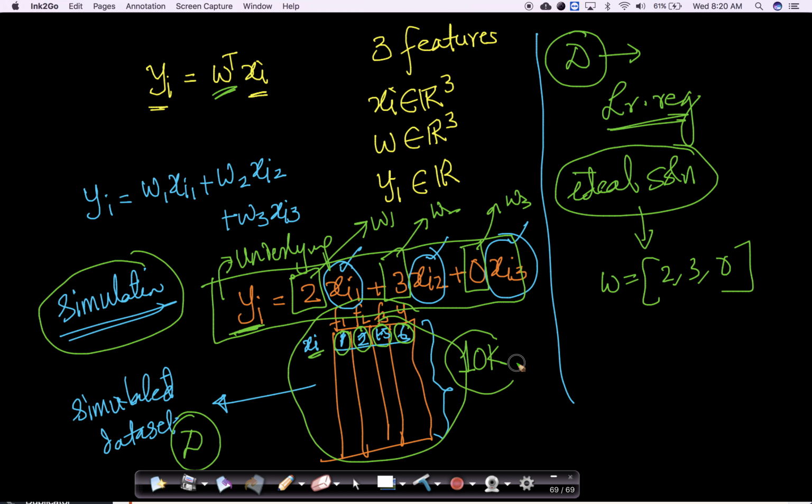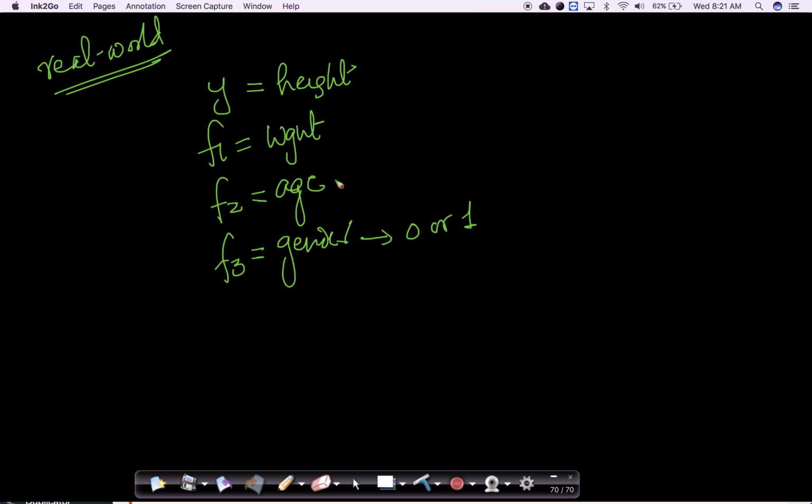Imagine my y is the heights of people, and my feature 1, let's say, is their weight. Let's assume feature 2 is their age, and feature 3 is their gender. Imagine my gender represented as 0 or 1, or 1 and -1, whatever you want. Age is a real valued number, weight is a real valued number. So if you want to predict the height of a person given their weight, age and gender, and you know that there is some linear relationship between them, what actually happens in the real world is